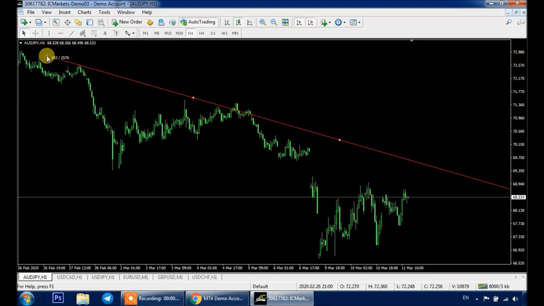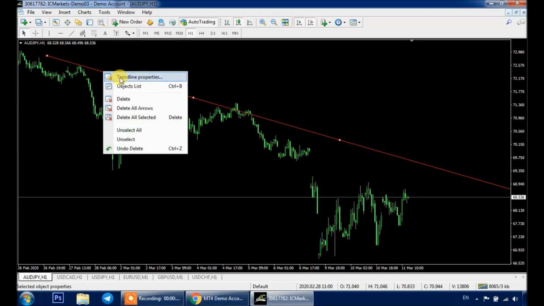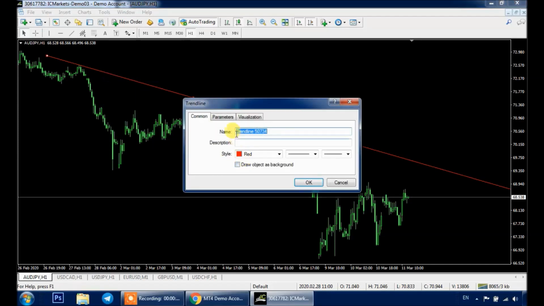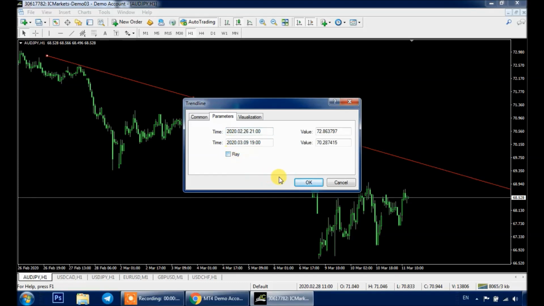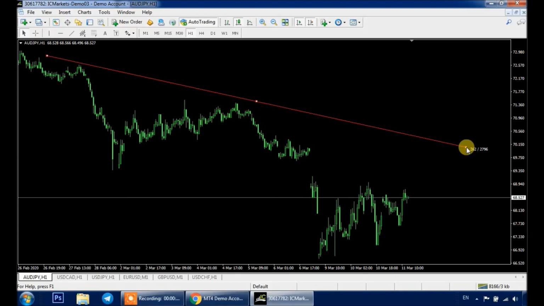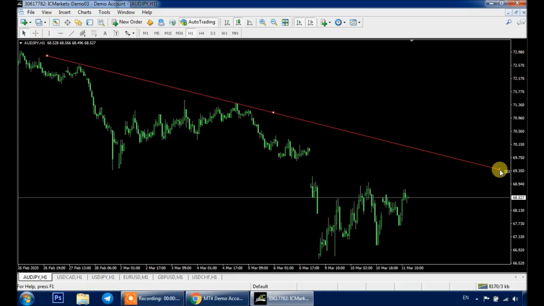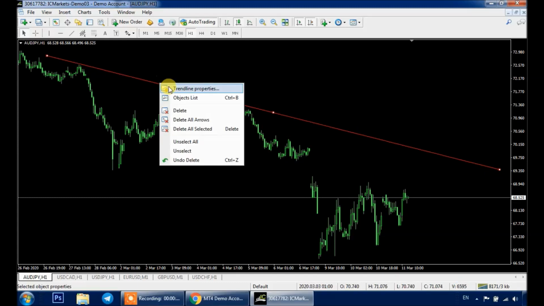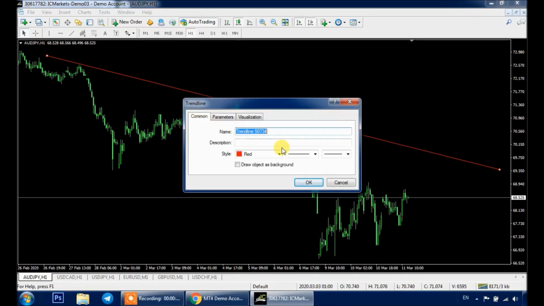Okay, so I can also right click on it and click on properties. Many people ask me how I make it shorter. I don't want it to extend till infinity, so I click on parameters and untick the ray option. So I click here, and now my line will not extend till infinity. I can move it as much as I want, and I right click on it again,